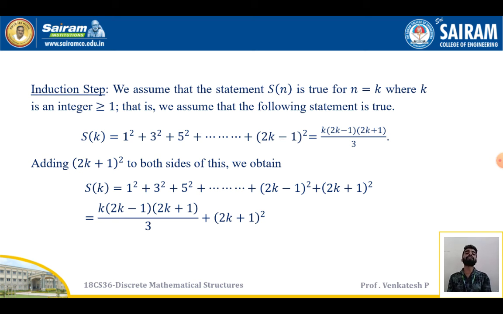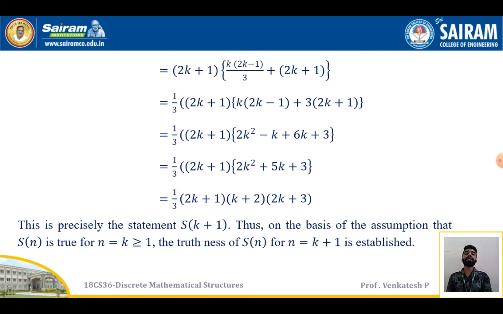So I must have (2k plus 1) whole square on both sides of this equation. Okay. So I will be getting 1 square plus 3 square plus 5 square plus so on plus (2k minus 1) whole square plus (2k plus 1) whole square is equal to k(2k minus 1)(2k plus 1) by 3 plus (2k plus 1) whole square. Now I can take (2k plus 1) as a common factor, remaining will be k(2k minus 1) by 3 plus (2k plus 1). On simplifying this, I will be getting